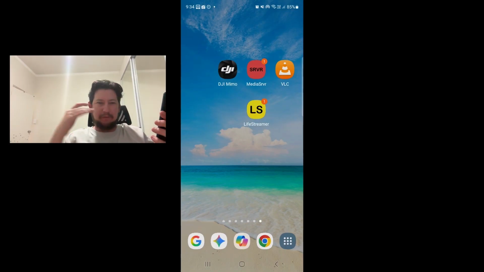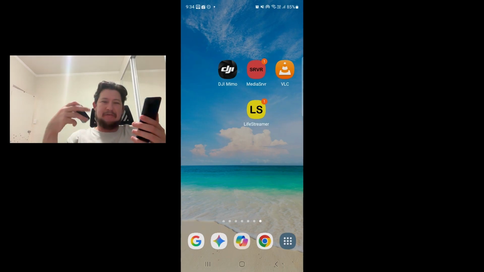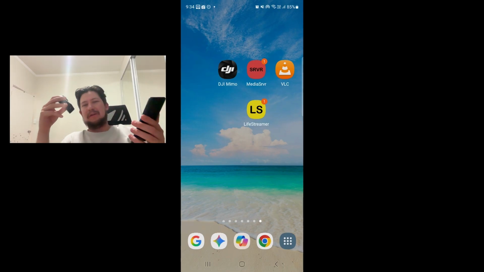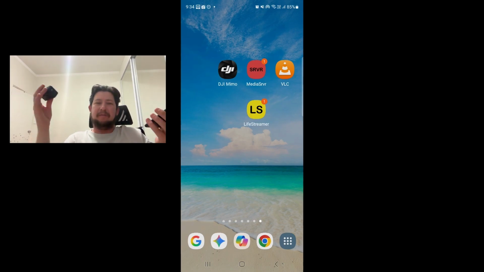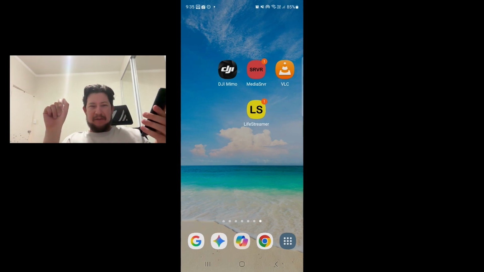Okay. So we are on the step. This camera is streaming to the server, now to the first app, the MediaSrvr app. Now the second app, LifeStreamer, can watch it and restream it further. Usually what people want for IRL streaming is SRT. So usually you would stream to SRT because there's all kinds of good things that it probably gives you for streaming outdoors on unreliable internet. So